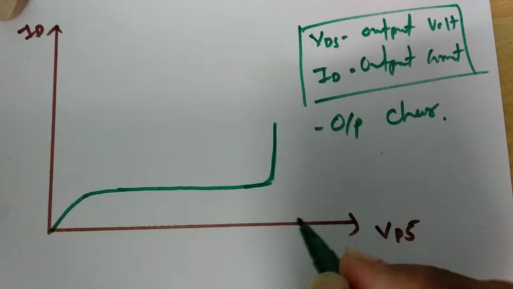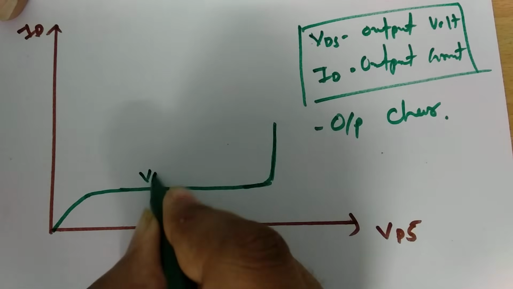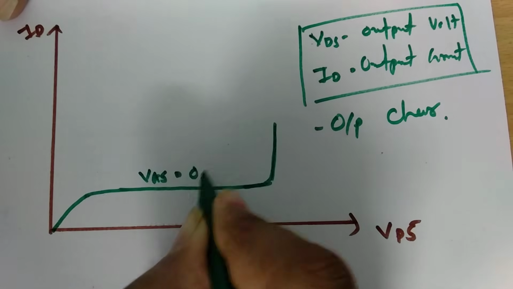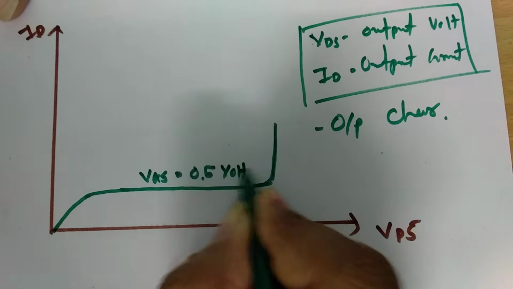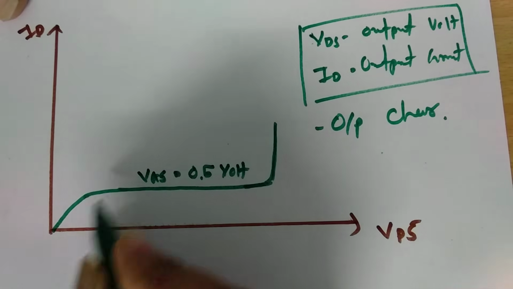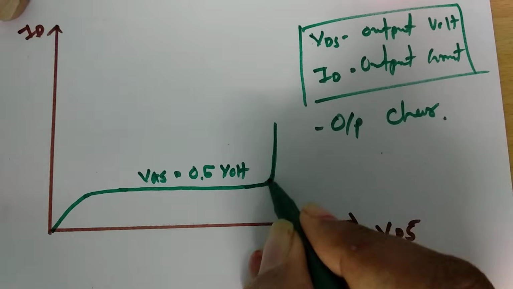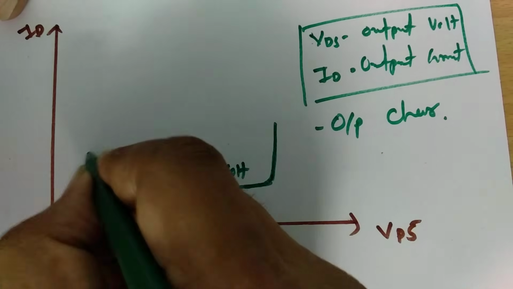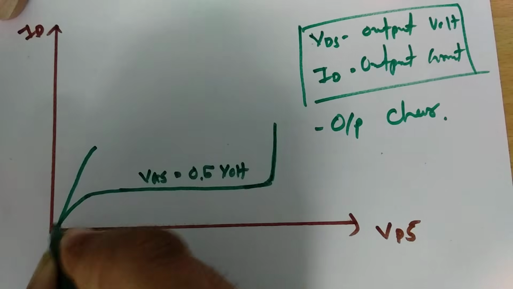Now if I further increase VGS, let us say this is VGS of 0.5 volt, then at that time this is how current is increasing. Initially it is increasing, and then it becomes constant, and once breakdown happens, a high amount of current flows. Now if I increase VGS further,